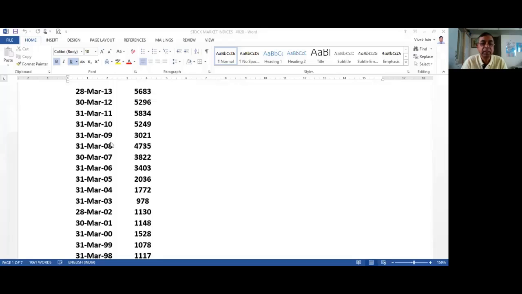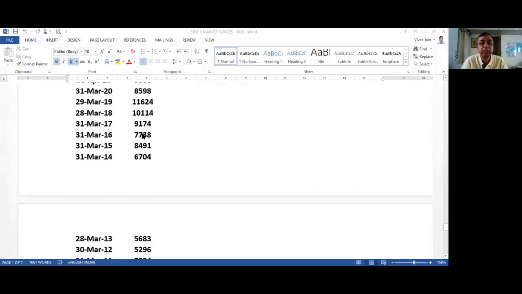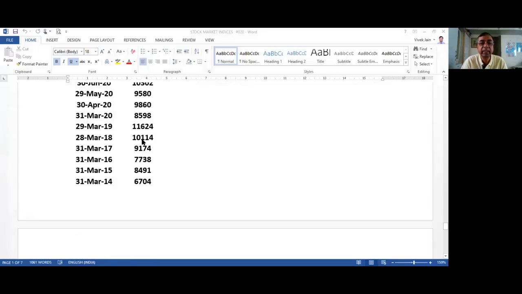2009, that was the end of 2008, beginning of 2009. Again, due to the bear market and due to the Lehman crisis, Nifty fell quite sharply and closed at 3021. Thereafter, again, with a vengeance, it rose. Within a year's time, it became 5200 on 31st March 2010. Thereafter, again, it is rising gradually, crossed 10,000 in 2018, and